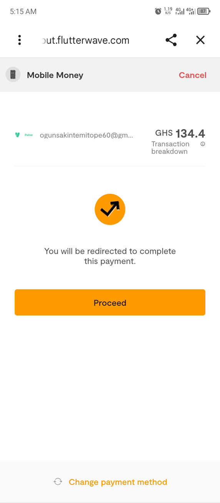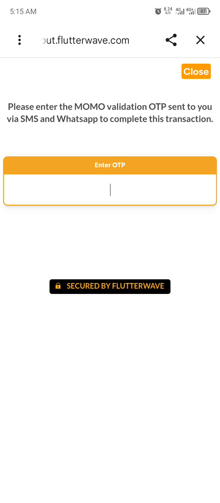You will be redirected to complete the payment. Tap proceed, then enter your OTP. When you receive an OTP on your SMS, you enter it and the payment is going to be successful. If the registration is successful, you're going to receive an email from VALPULSE that you have registered, with details on how you can sign up and get access to your Cash Flow Mystery System. This is the way you can sign up anywhere in Africa. Just click on the link to check if your country is among those that can have access to VALPULSE, and then register.